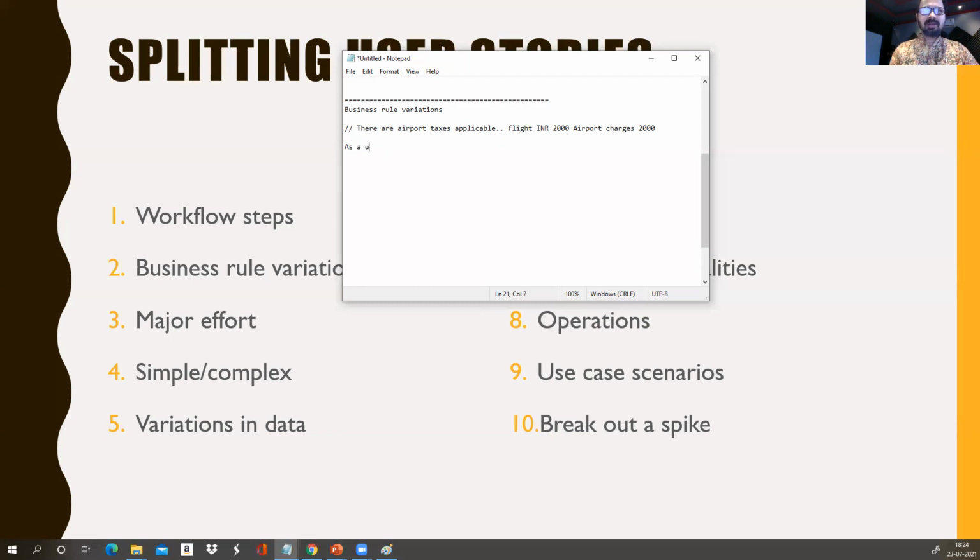So now we will write the first story as a user. If I'm a product owner, I will write like this: as a traveler, I want to pay for the flight tickets all inclusive, so that I don't have to pay separately at the airport.